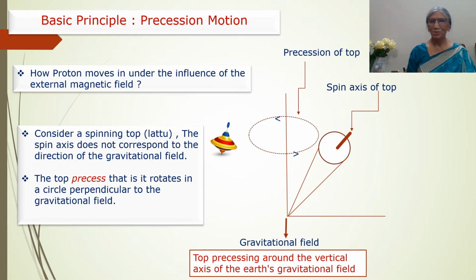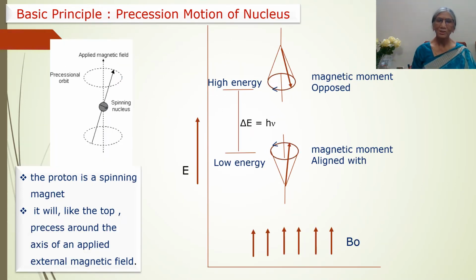Here in the diagram it is shown that there is a spin axis of the top, and this top is precessing, it is rotating in a circle perpendicular to the gravitational field. Like the top, the nucleus also shows precessional motion, that is, it is rotating in a circle perpendicular to the external magnetic field. In the presence of an external magnetic field, it can acquire two states, one where the magnetic moment is